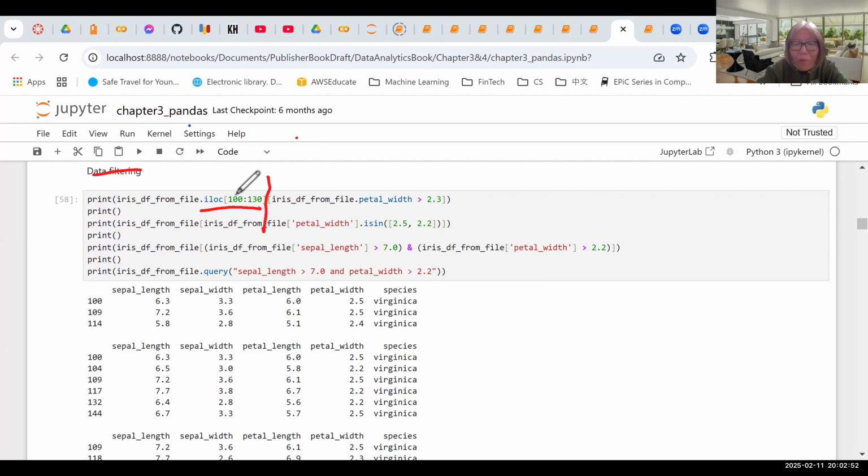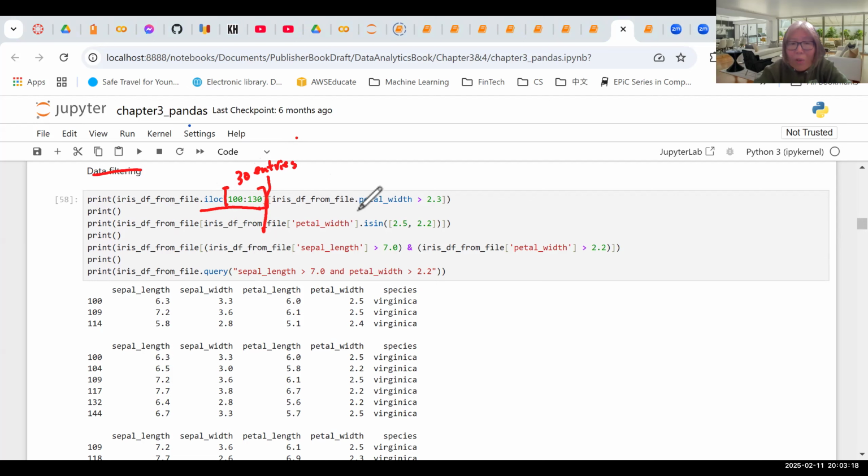So you try to retrieve 30 entries, from 100 to 130, etc. And here we just pass in the slicing, no comma, so that just applies to the first dimension. So after you get 30 entries,